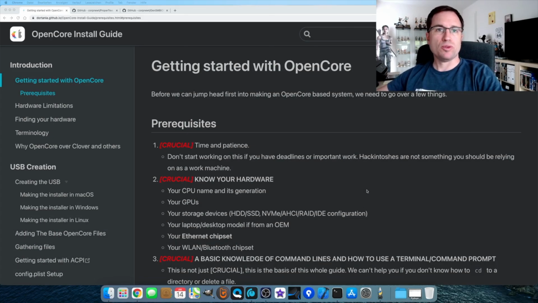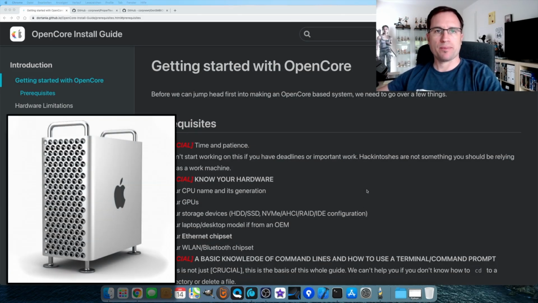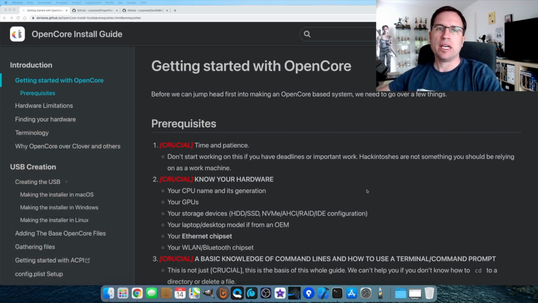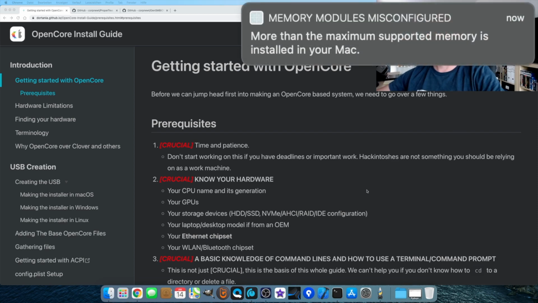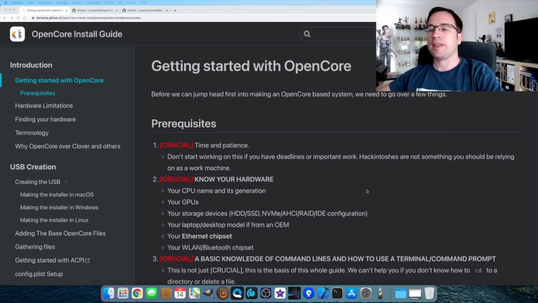Whenever you spoof a Mac Pro 7.1, and it doesn't matter if you have real Mac hardware, it just isn't a Mac Pro 7.1, or a PC hardware and you're doing a Hackintosh, you will run into error messages from the macOS that says memory misconfiguration. And there's a page here on Dortania's OpenCore install guide how to fix that.